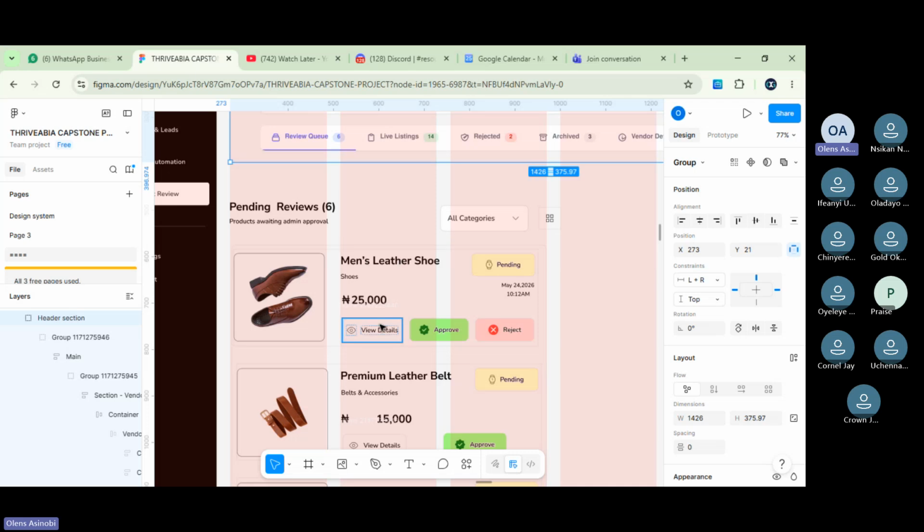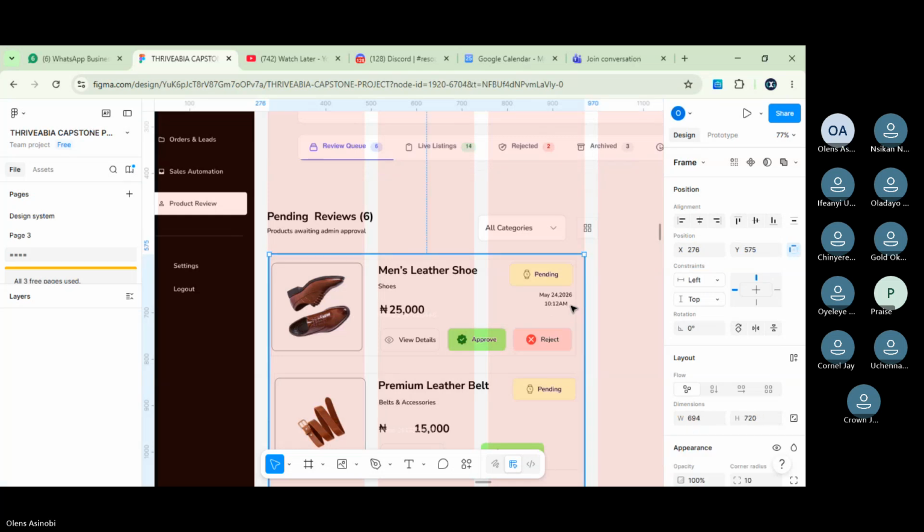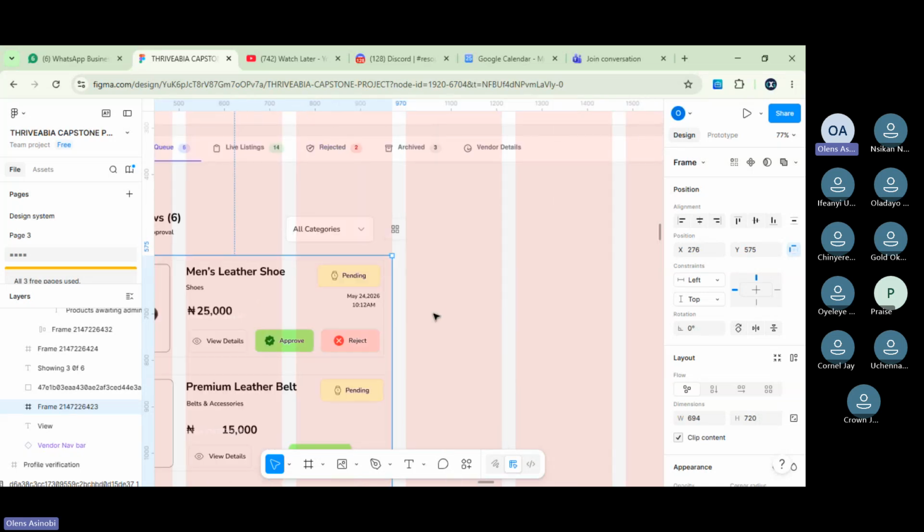I know there's details, but you can still add keywords. Like this now, you can't add keywords because there's no space, but if you spread this, there'll be space for keywords. So just find a way around it. I trust you.